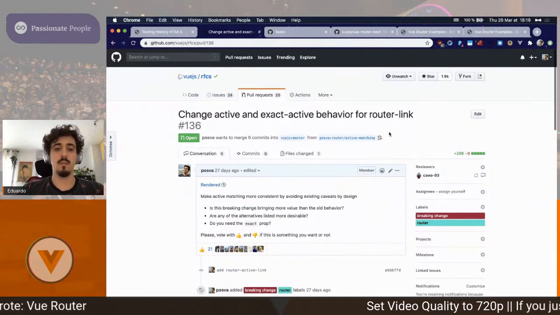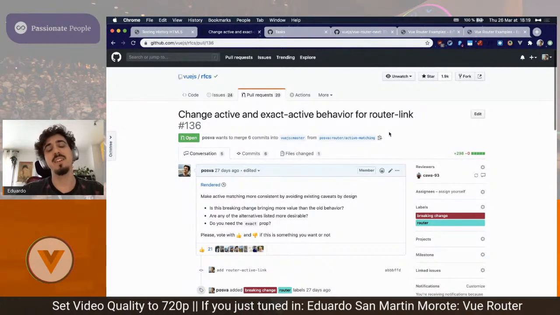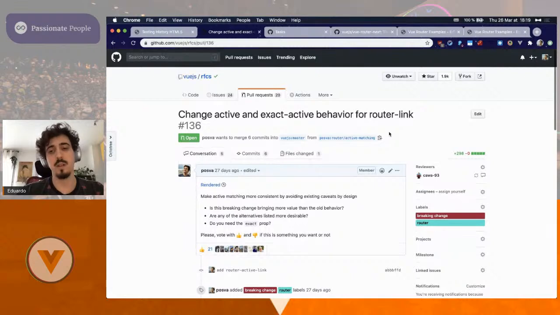Most of the time, based on the feedback from people, the query and the hash do not matter. The only thing that matters is path. However, only doing a match based on the path is not that interesting. It will be very simple to do it yourself, but based on the URL you want to make the link active or not. So instead of doing it just on the path, we can do it on the records.